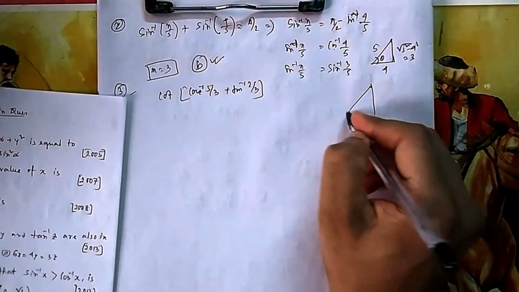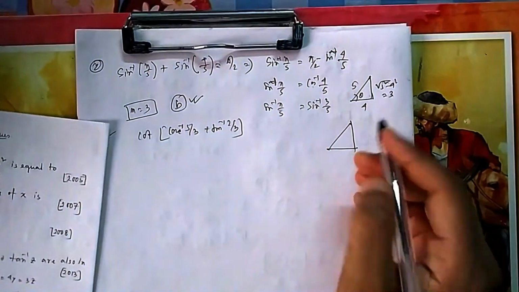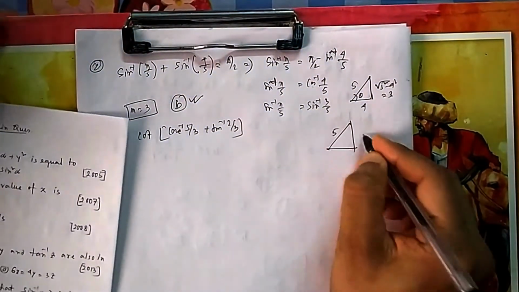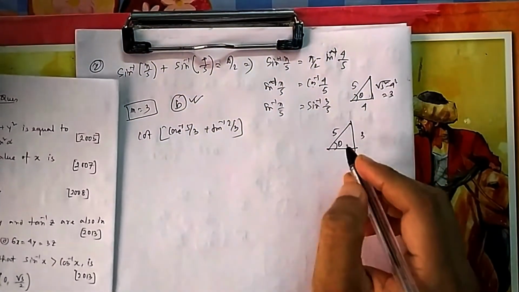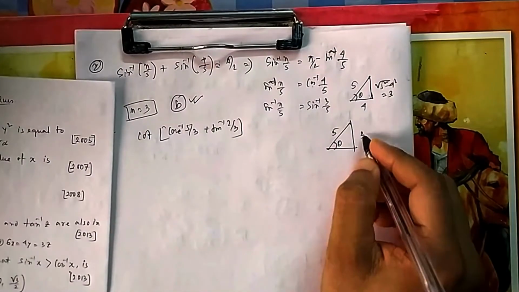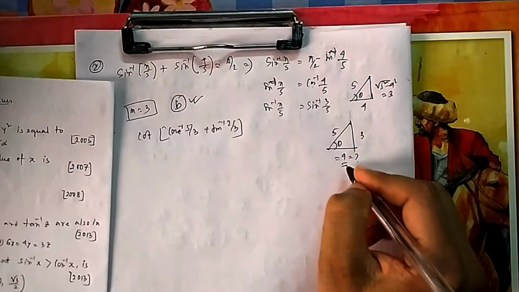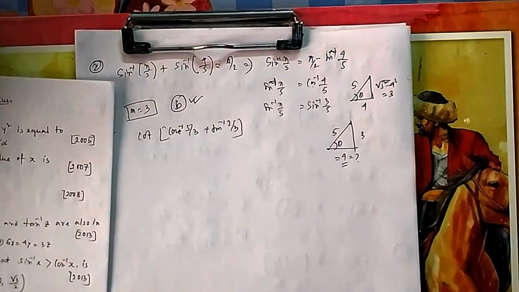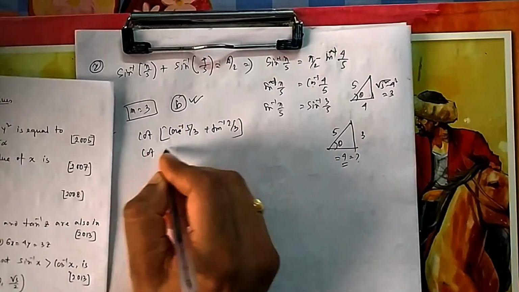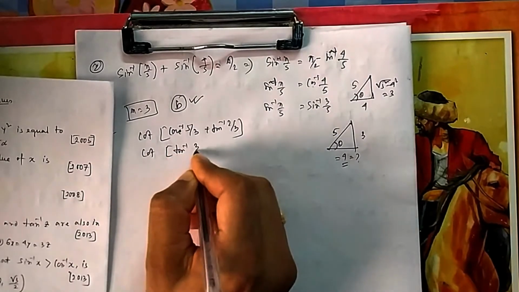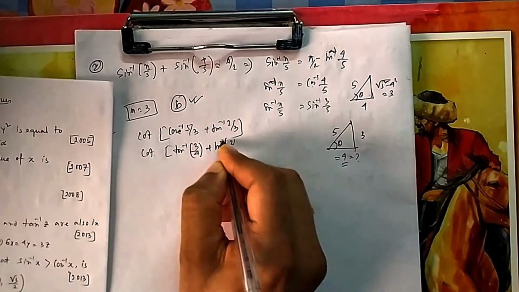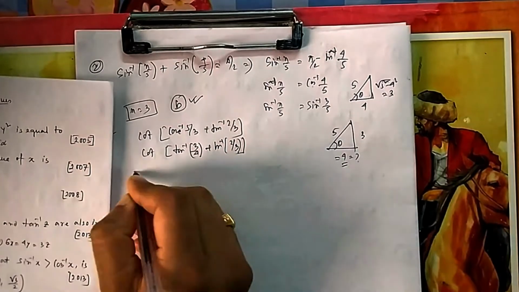So how to write cosec inverse 5 by 3? Which one will be 5, which one will be 3? This one will be 5, this one will be 3. This is theta, that is cosec theta. So if you want to convert it into tan, this one will be 4, 5 square minus 3 square, 4. So what will be tan theta here? 4 by 3, so it is tan inverse 4 by 3. So using this triangle it becomes very easy. You can directly convert it.